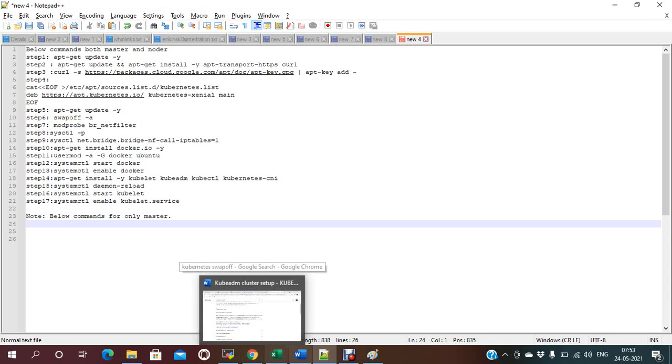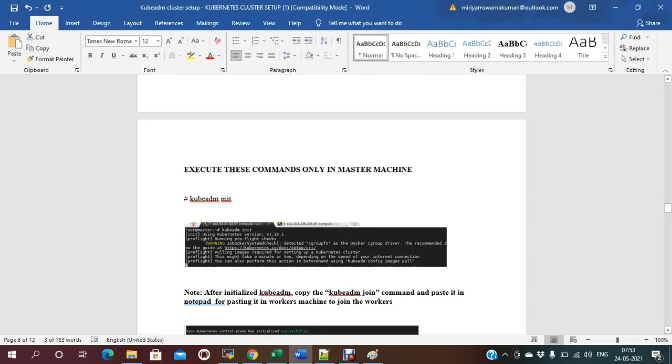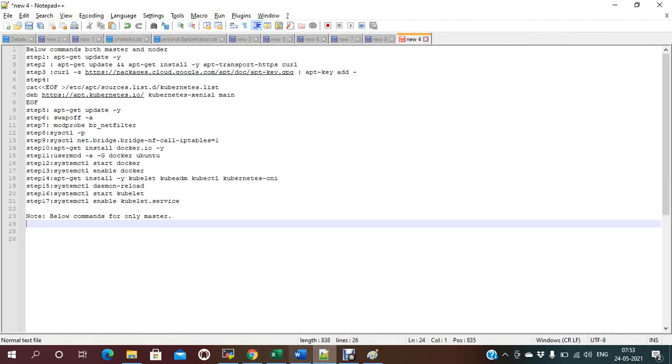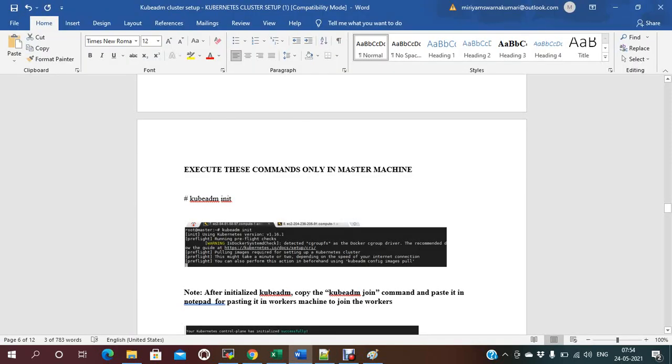Now let me run the below command, kubeadm init. This will initialize the Kubernetes cluster. Step 18, kubeadm init.